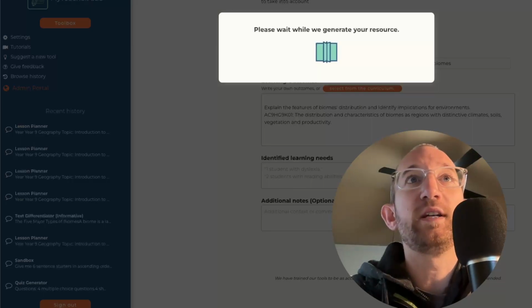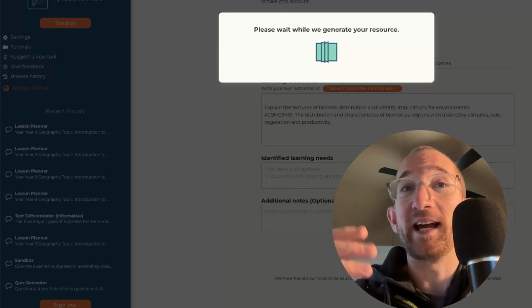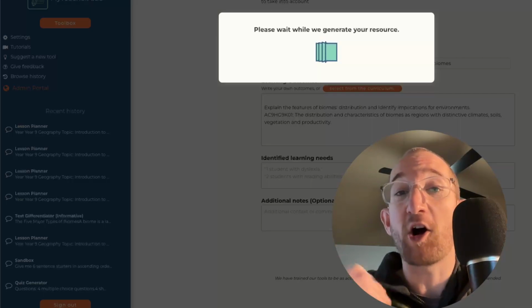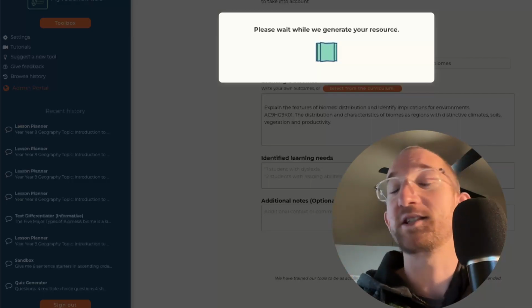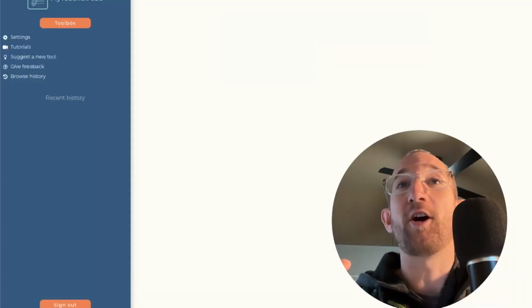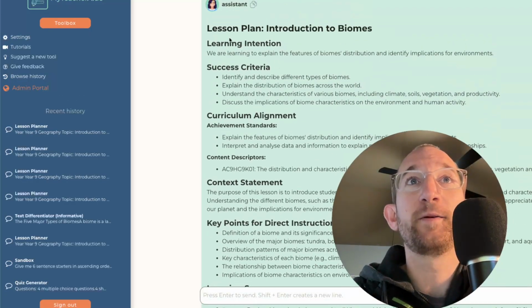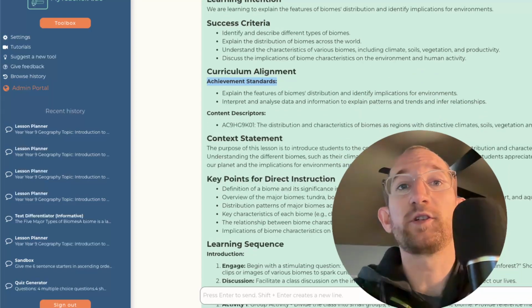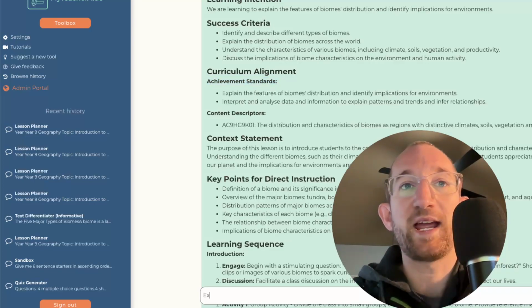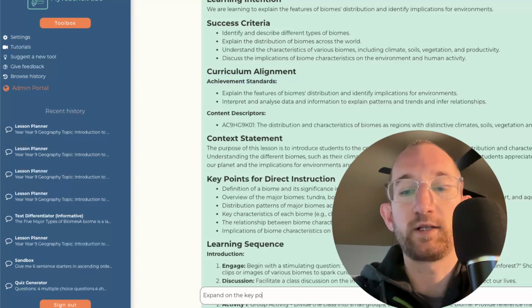What that's going to do is give us a lesson plan. It's going to be a lesson plan that's got a bunch of different things that I, as the teacher, can pick from, and I'll know my context and my learners and my class. So I'll be able to pick the things that work well for us. You can see we've got our learning intention, success criteria, curriculum alignment, a context statement, some key points for direct instruction. I might say expand on the key points of direct instruction,